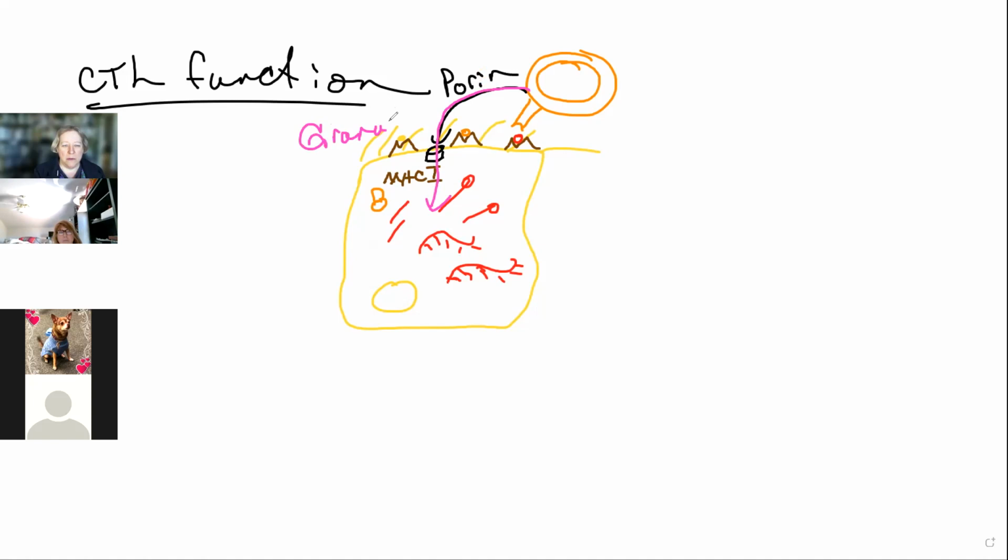granzyme. And I keep wanting to put lysozyme in there, but it's granzyme. Okay, so I think I'm closer to spelling right there. And granzyme goes into the cell, turns on a gene that causes it to undergo